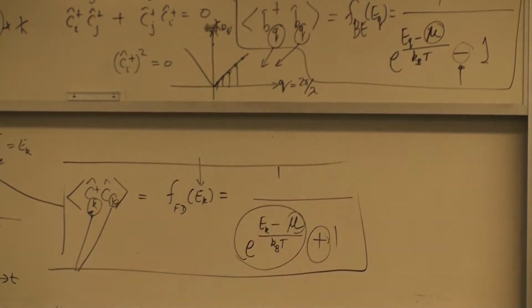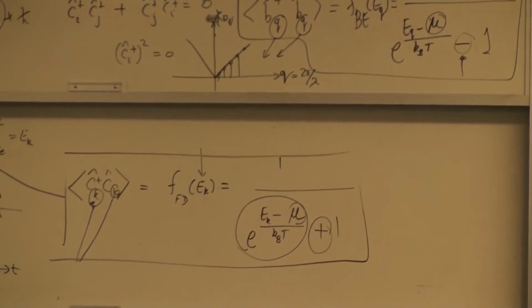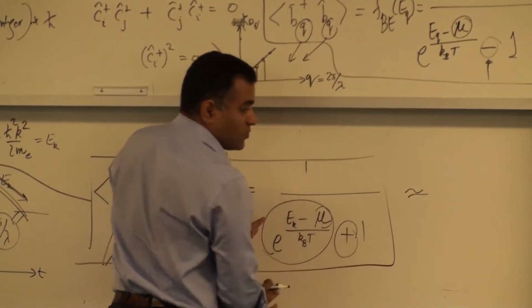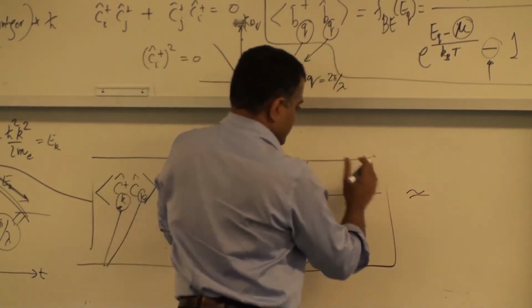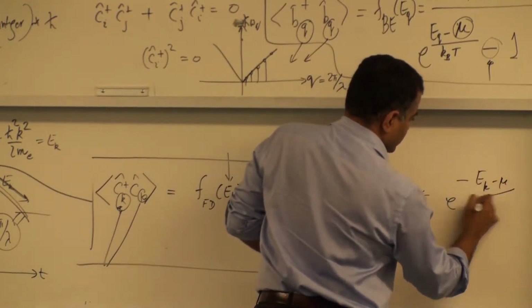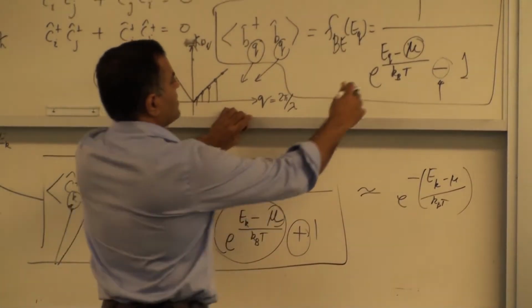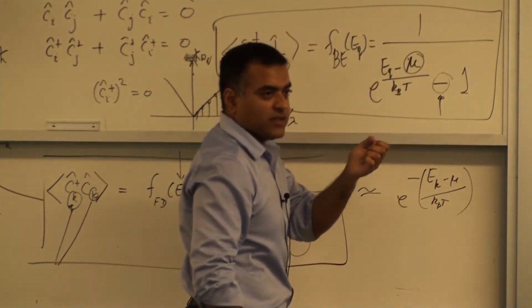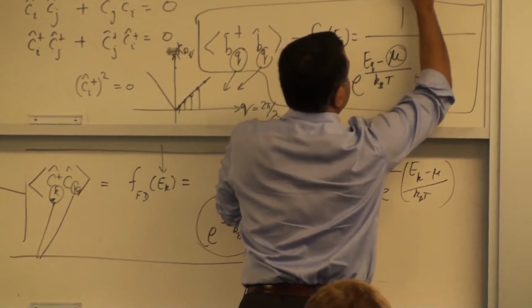So when you make a plot of it, let's first look at very high energies. At very high energies of the orbitals, the exponential is much larger than 1 when E_k is much larger than the chemical potential. So you can bring the exponential to the numerator, and it just becomes e to the power minus (E_k minus mu) over kT. And similarly here, at very high energies, you get exactly the same expression. There's no difference between the two: e to the minus (E_k minus mu) over k_B T.